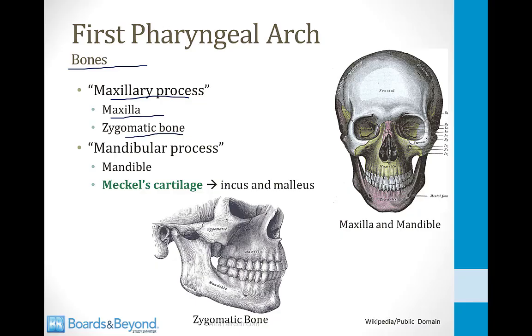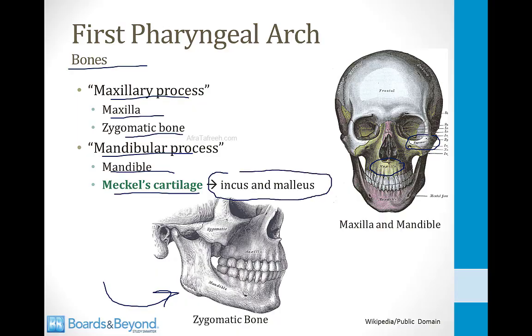If you look at this picture on the right side of the screen, the maxilla is here in the middle. The zygomatic bone is on the side of the eyes. The mandibular process, which is the other process of the arch, develops into the mandible, as shown here in this picture at the bottom. It also develops into an embryonic structure called Meckel's cartilage, which does not persist in the adult, but eventually develops into the incus and malleus, which are small bones of the ear. And that's easy to understand. Since this arch forms the mandible, naturally it could form small bones of the ear, which is located very close